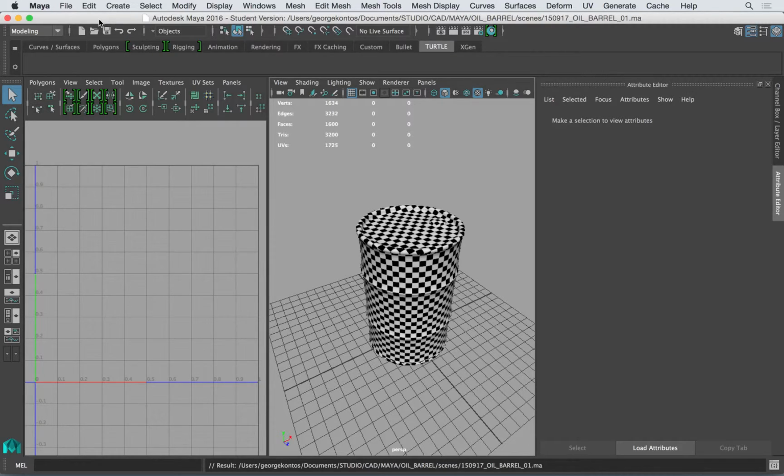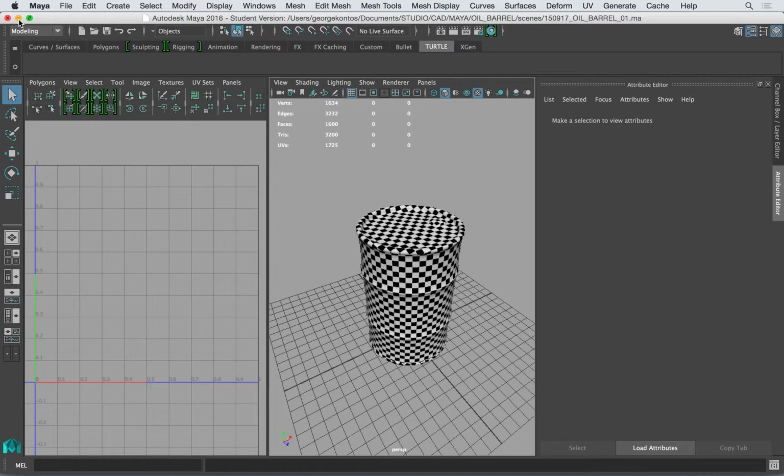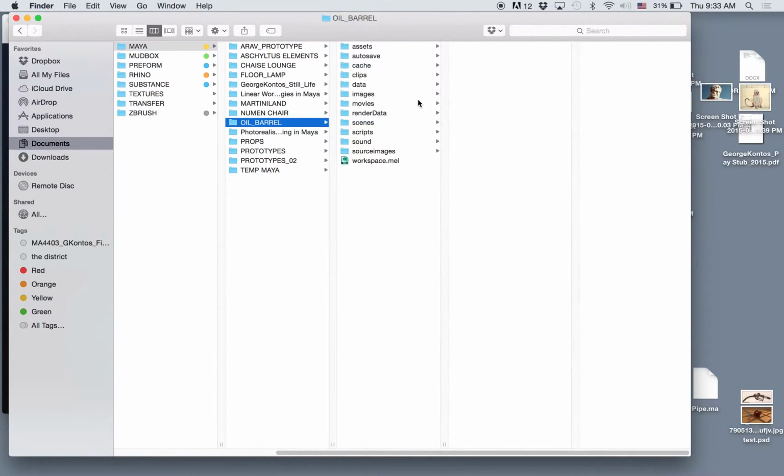So now what I need to do is texture this, since the textures exist. I'm going to go ahead. This is my new project. Source images are here. Source images, there's nothing there. So I need to go to